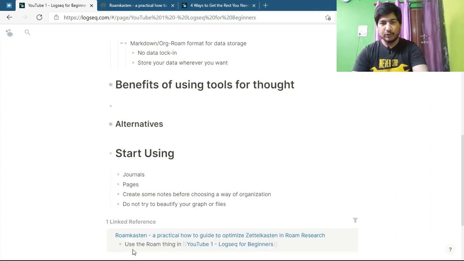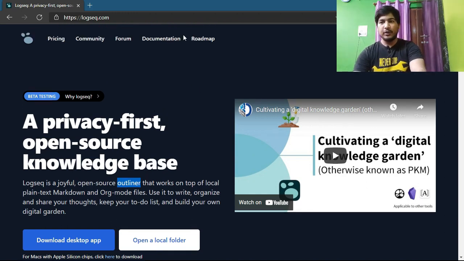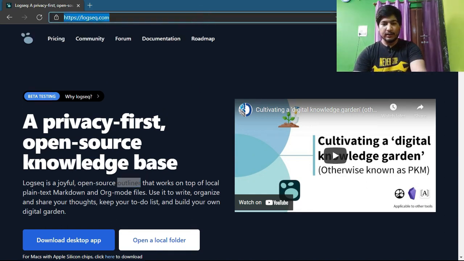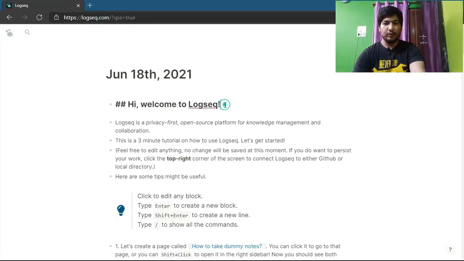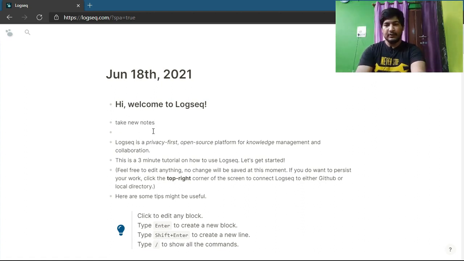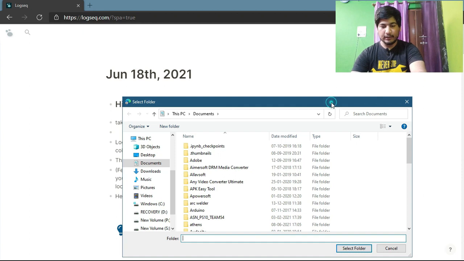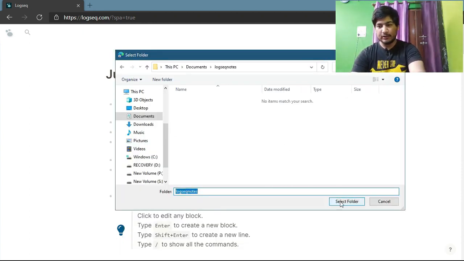So if I show you a demo, if you open logseq.com in your browser, I can open a new local folder. So it has created a new page with today's date. It is called a journal, and you can take new notes here. These notes are not being saved, they are just being kept in your browser. But if you want to save them, you can open a local folder without logging in. So you can create a new folder called Logseq Notes,